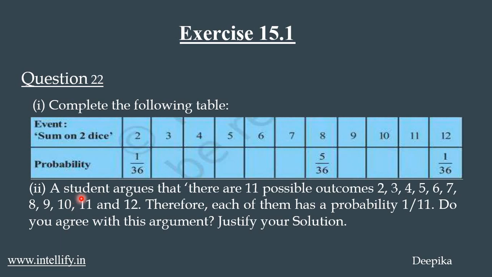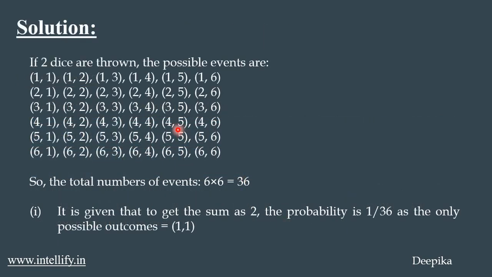In the second part, a student argues that there are 11 possible outcomes, that is 2, 3, 4, 5, 6, 7, 8, 9, 10, 11 and 12. Therefore, each of them has a probability 1 by 11. Do you agree with the argument? Justify your answer. So in the solution, if 2 dice are thrown, the possible events are like this, like 1,